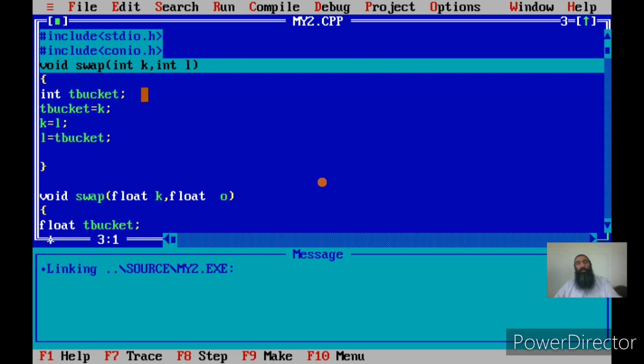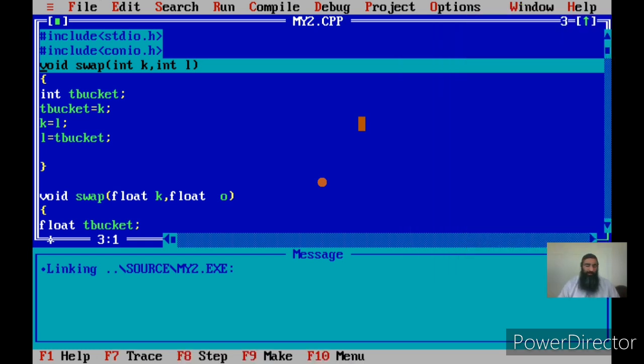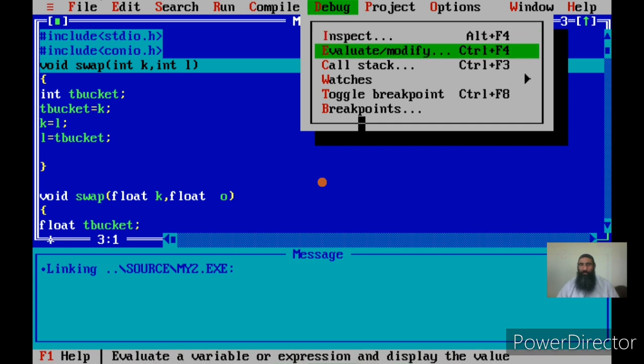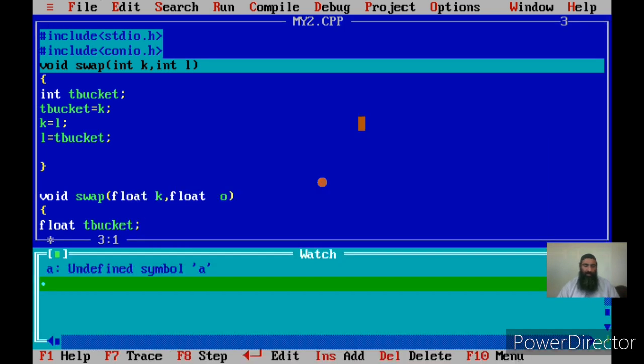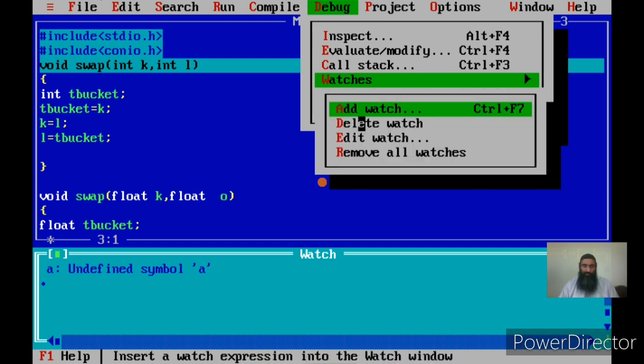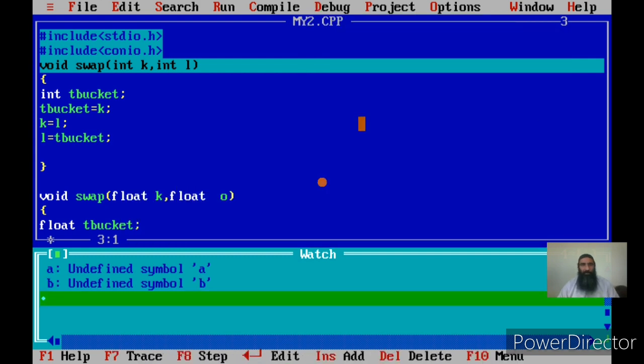Since the data type of A and B is int, now let us watch this process, so that you will understand what I am doing. I am watching the contents of A and the contents of B. Let me watch K and L also.